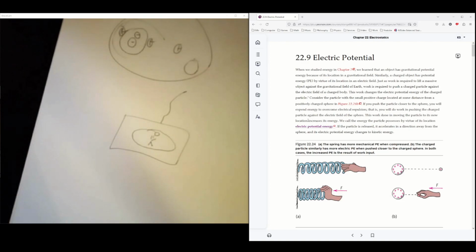And now there is an unfortunate phrasing. Electric potential is voltage, but right here it says electric potential energy. This is energy. That's not voltage. So we have these two phrases. We have electric potential, which is voltage, and then we have electric potential energy, which is energy in joules. So these are two different things, but the wording makes them appear very, very similar, and so that can get confused. Voltage is not energy, but